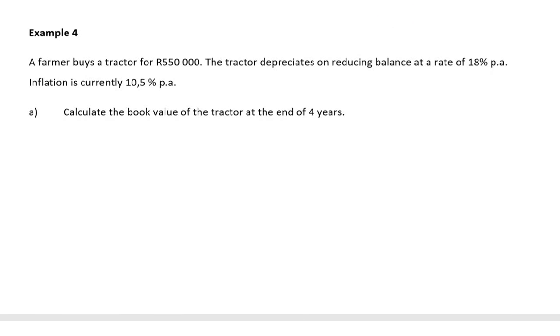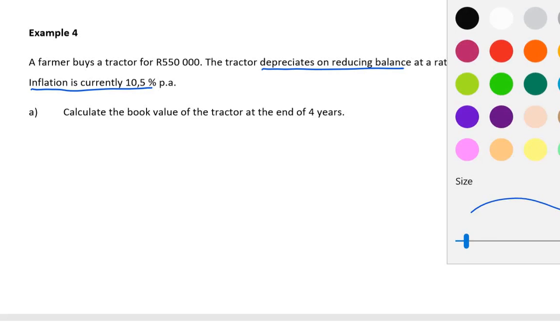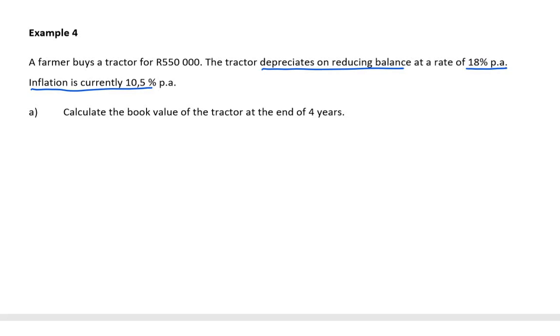So let's look at example 4. A farmer buys a tractor for 550,000 Rand. The tractor depreciates on reducing balance at a rate of 18% per annum. Inflation is 10.5%. Now, let's just quickly discuss what inflation is. This should be a word